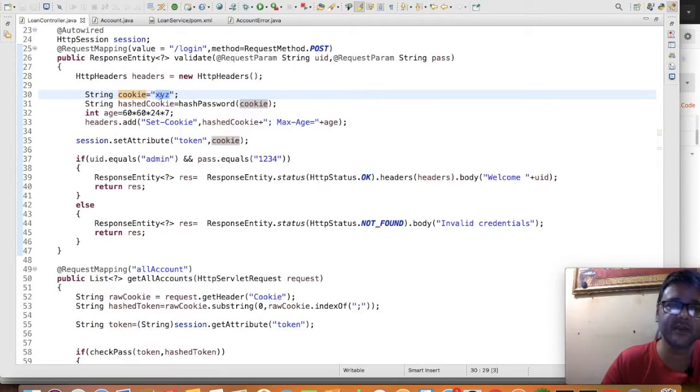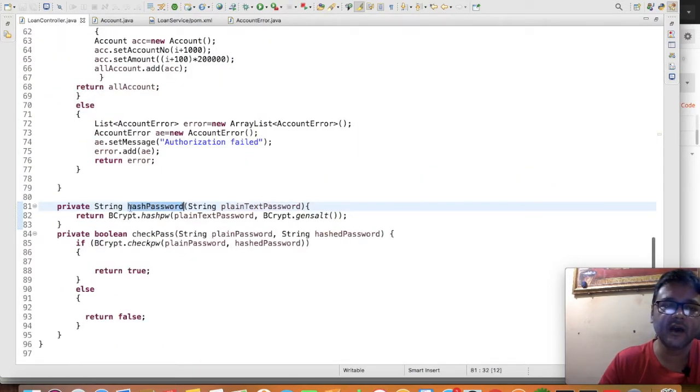To avoid such a scenario, I have gone for a hashing mechanism, so that even if a hacker tries to find out the value of the cookie and use it, he will get a complex bcrypt value, an encrypted, in fact hashed, value. The hashed value we are going to create out of this XYZ. There is a method I have declared, that's hash password.